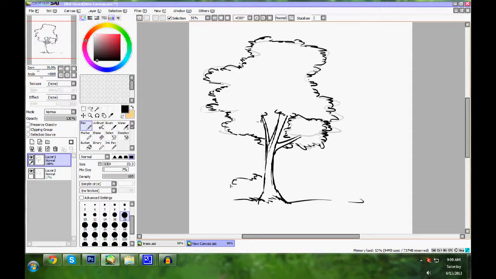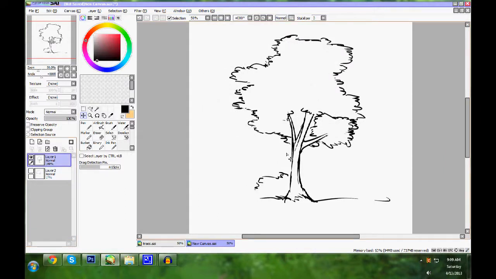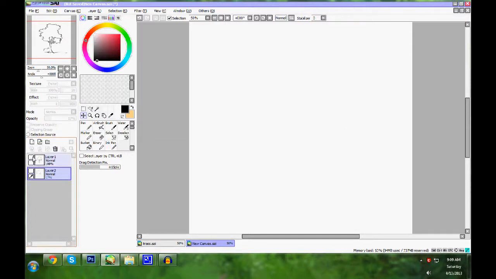Then the grass, and then the bush. So that's it. That's your drawing for the tree. Next, I'm gonna give you a tutorial for coloring trees. So I have a different version for coloring trees. So yeah, next, for a new layer,